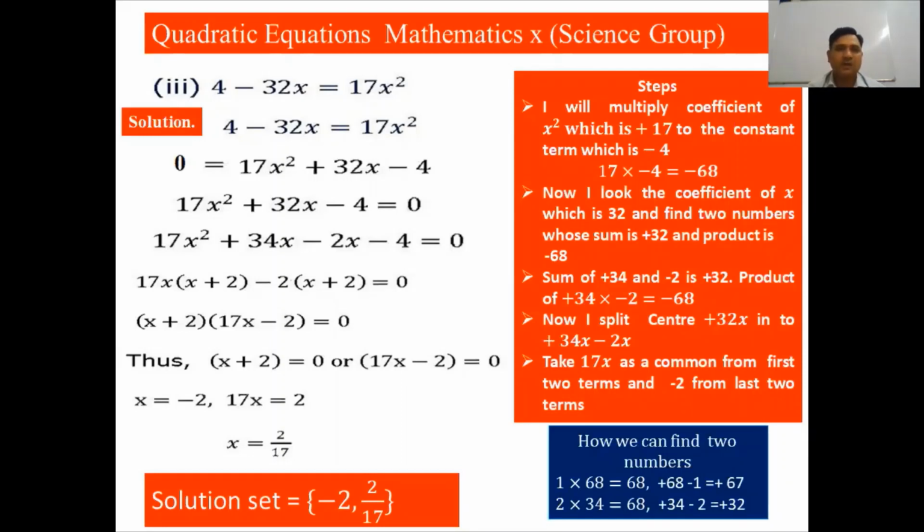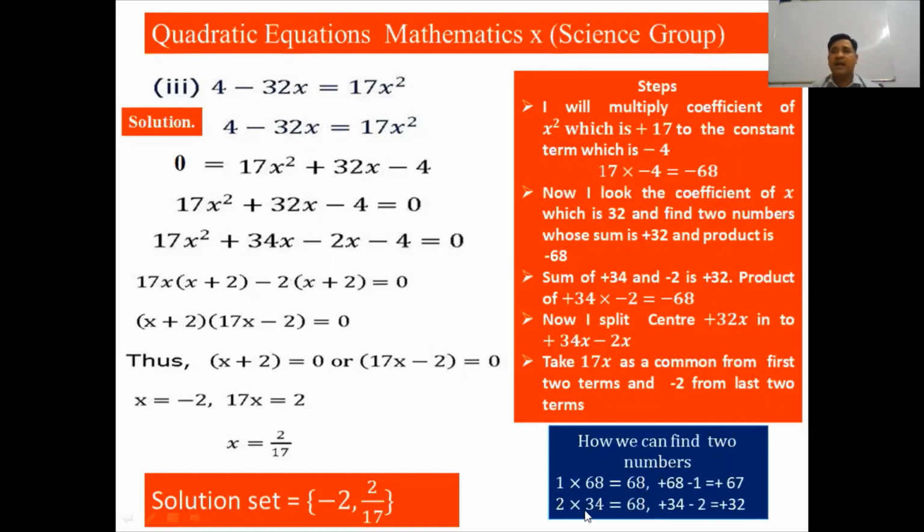Here if I look, this term is negative, this term is positive. So we have to find two numbers, one taking the positive sign and the other taking the negative sign. And one thing is clear that the larger number takes the positive sign. So we take 68 with the positive and minus 1 with the negative sign. Here when we add up these two numbers, we have 67. So which is not our requirement. Our requirement is the sum must be equal to 32.